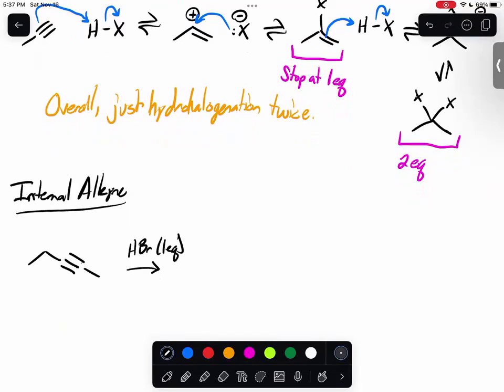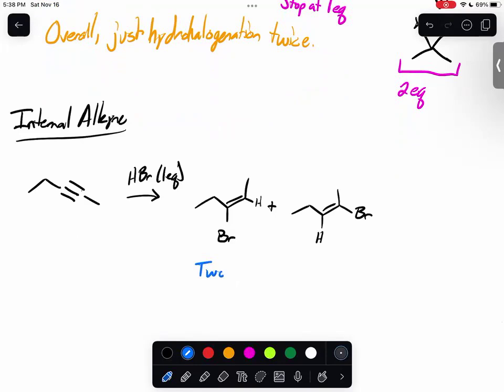So in one case, we're going to end up where it adds onto the left side. In the other case, we're going to get it to where it adds onto the right. The other confusing thing about this is I keep showing these as syn additions, right, where the hydrogen and the bromine are added on the same side, but this isn't exactly the case either. It can be a mixture of these, which we're not going to get into because it's not important. The important part about this is that there are two possible outcomes, right? And you end up with these constitutional isomers that don't really mean much because you're not getting a single